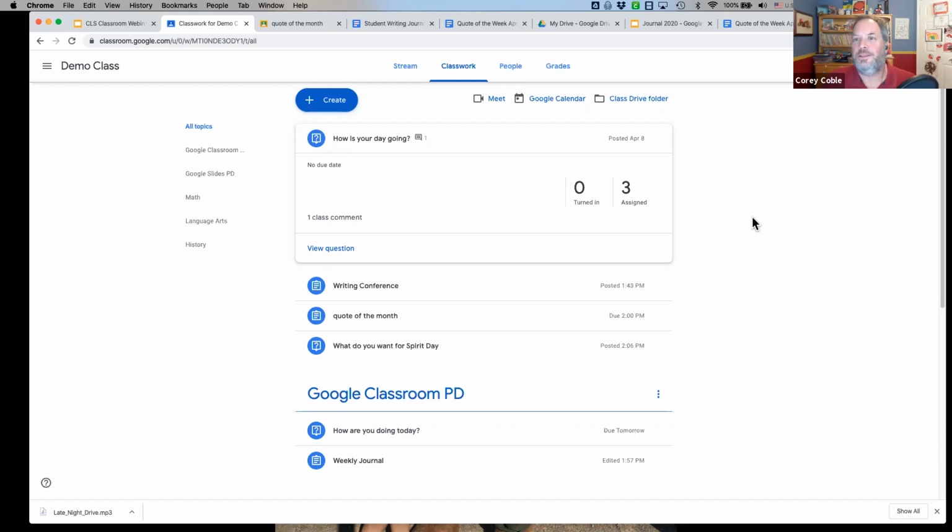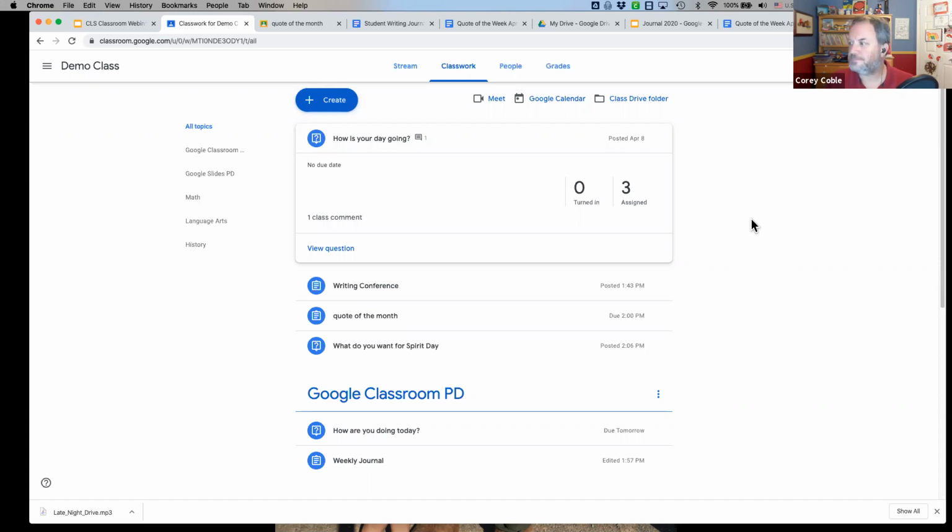So in the admin console, that would be your district office. They have all the different permissions and stuff like that. For example, they could turn on Classroom, they could turn off Classroom. They can allow other people outside of your school email address, it's called a domain, to be able to go into Classroom. And so that would have to be a district office decision on what's open and what's closed for the Google